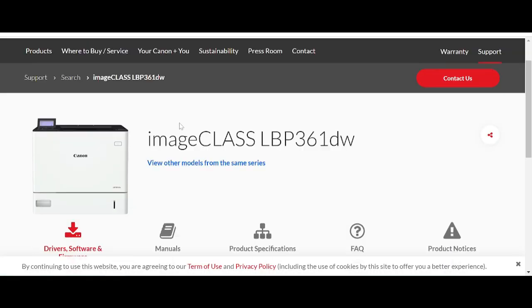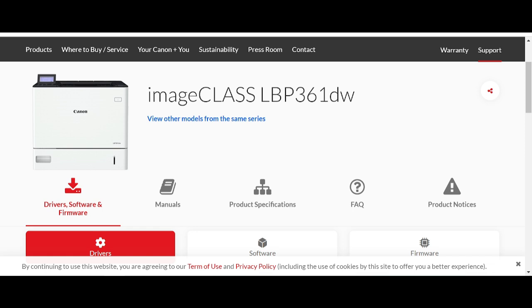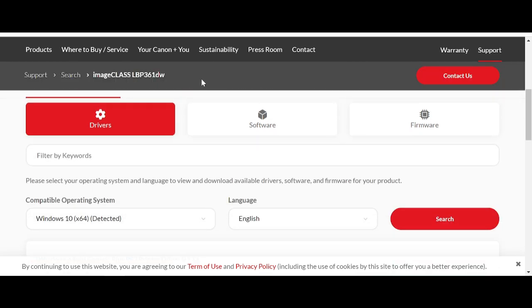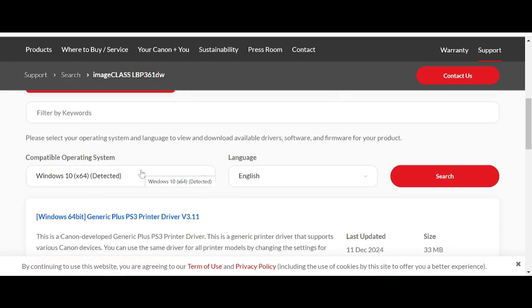Here for the serial, you click here, and this here is for the printer. If you need to download the driver, you scroll down. And here it will automatically detect your operating system, and my operating system is Windows 10. If your operating system is Linux or Macintosh or,